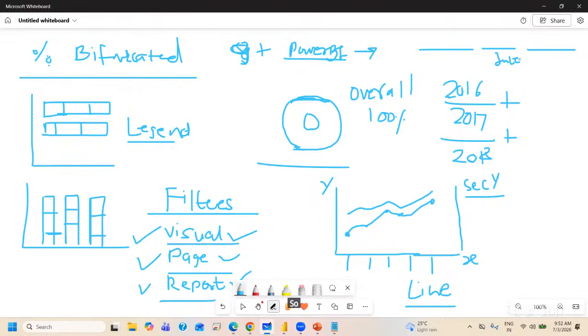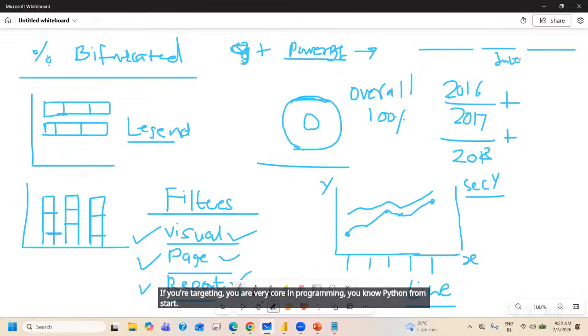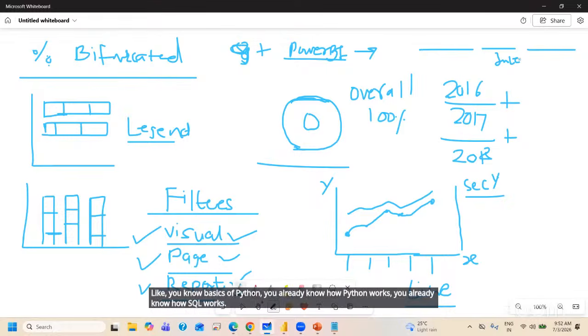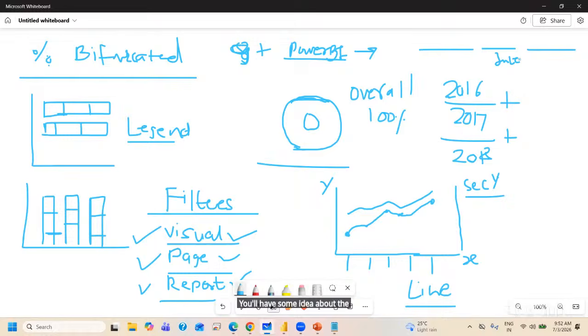So if you're targeting 1 year, and you are not into core programming, it is not sufficient. If you are very core in programming, you know the basics of Python, how Python works, how SQL works, and you have some idea about cloud concepts, for them it will take 2 years to become expert in that specific engineering field. If you want to switch from Power BI to engineering, it will take 3 years minimum, because you have to